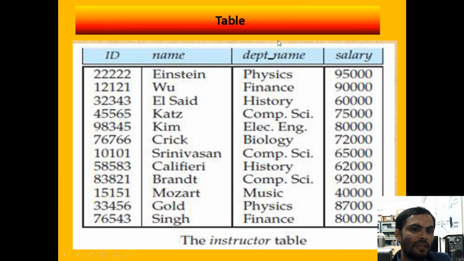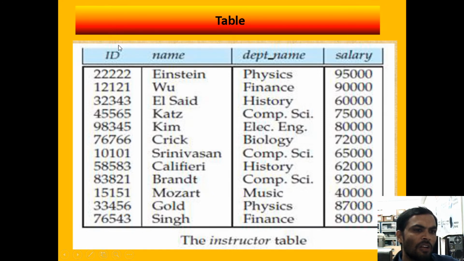Now if you want to see the table diagram, this is a table, and this is a record, the first record. The record Einstein is one record. Under the record we have the ID, name, department and salary. Under this table, how many rows or records are there? 1, 2, 3, 4, 5, 6, 7, 8, 9, 10, 11, 12. 12 rows, 12 records inserted. This we call a row.